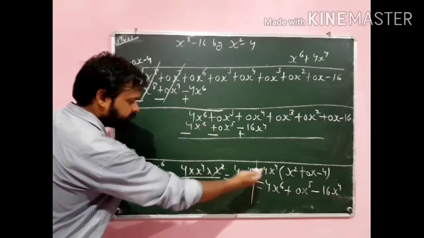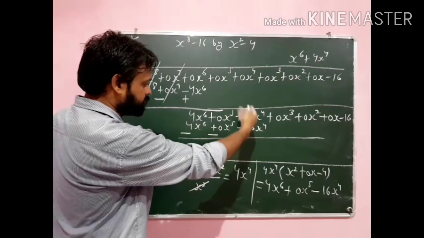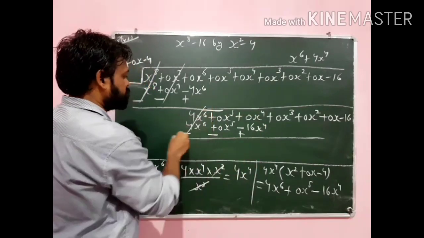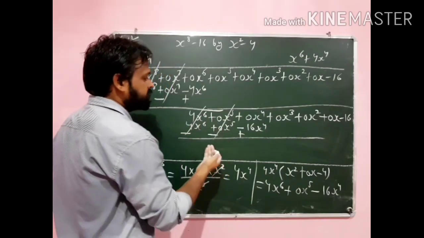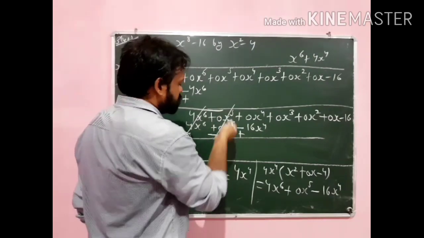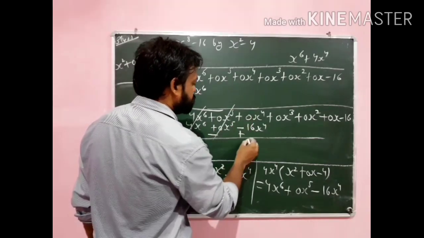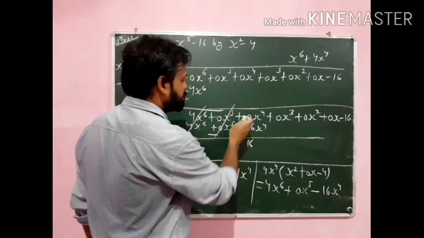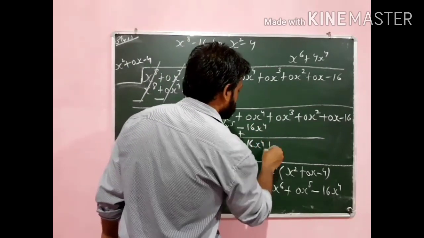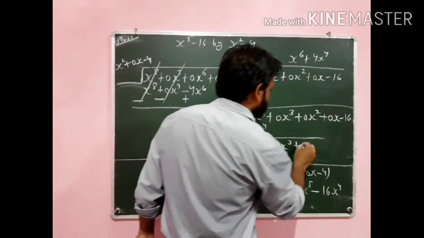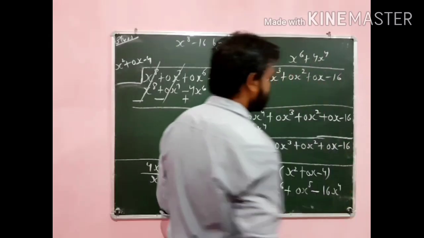This is rough work. Don't confuse it. You have to see and write down only this much in your copy. So these two terms are cancelled with each other. Even these two terms are the same with opposite signs, although they are zeros. So these terms are also cancelled with each other. Now you can see 16 plus 0 will become 16 because plus plus is plus. So 16x raised to power 4 plus 0x raised to power 3 plus 0x raised to power 2 plus 0x minus 16. I hope this is clear to you.